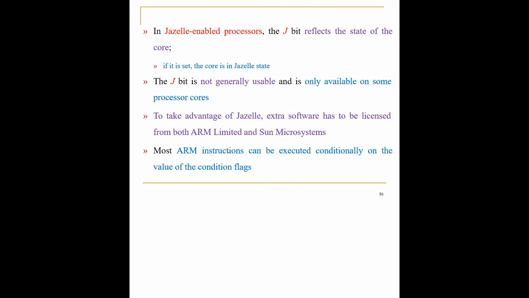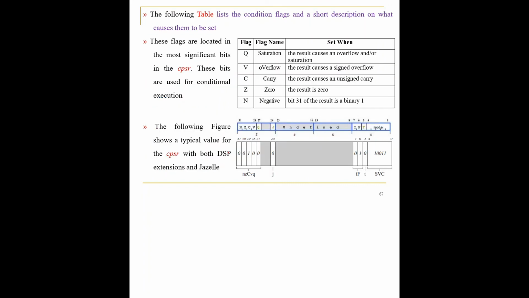All these things have been explained to you. See here, one of the examples has been given. Here, the saturation flag has also been indicated. So here what has happened is after an instruction has been executed, carry has been generated. So you can see here, C has been highlighted. It is written as NZCVQ. So carry has been generated.